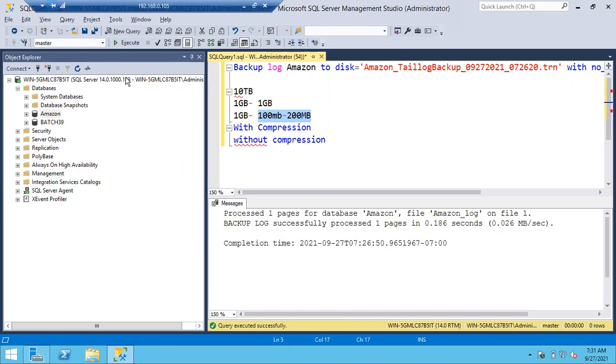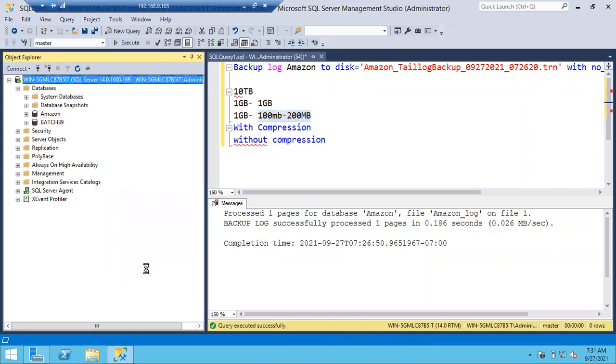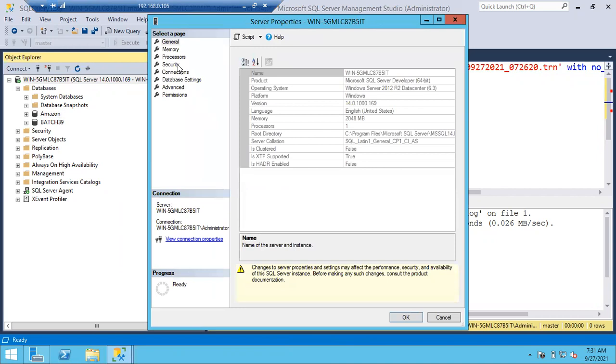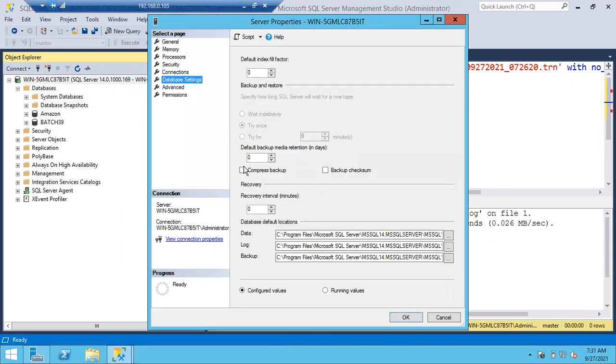You have to check the backup compression setting at the server level, whether compressed backups is enabled or not. Go to your database settings, and there you can see the compressed backup option. This option should be checked. 90 to 99% of the time it will be checked. But if someone forgot to check it, or in some startup companies they don't know the usage of the compressed backup option, or they don't have a proper DBA to explain these things, people don't use this option. But it's always good to use compressed backup.